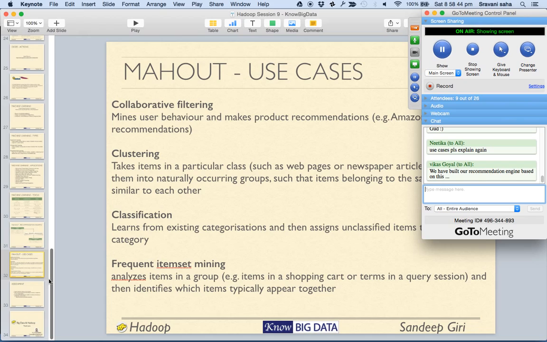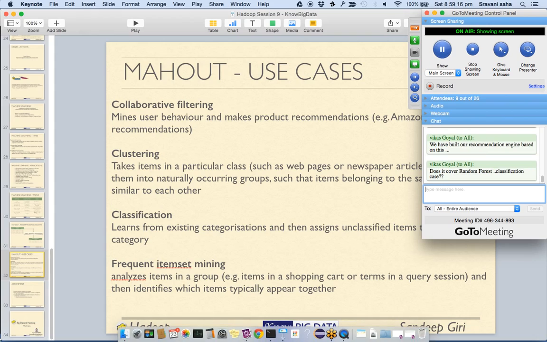Then there is classification. In classification we have the past training data, which has the information about a lot of items and what was classified as what, and based on this data we should be able to classify unknown items. And then there is frequent item set mining. Basically, given a shopping cart, what else can you recommend to the user? Although that sounds like a recommendation,